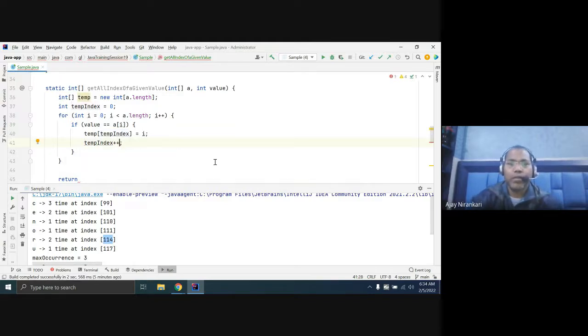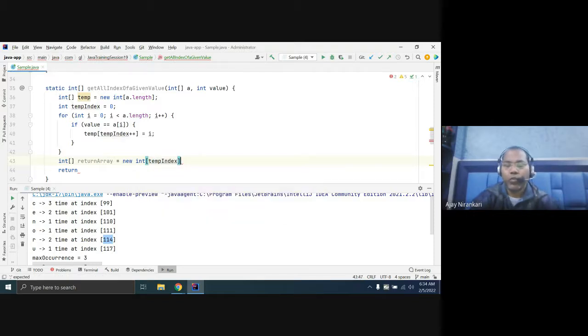Next time you can write it here, or directly write it in this place as well, both work. So here we have to just create your return array, and the size would be new int array, whatever your temp length is. So the number of values you added, one value, two values, three values, whatever was added, that is the new length you needed.